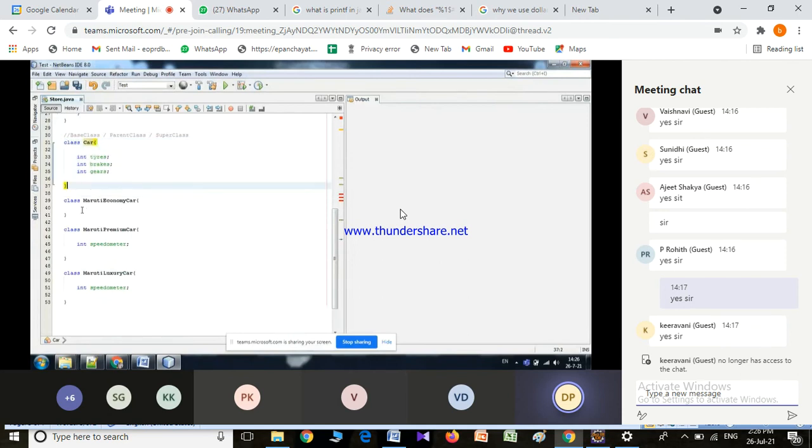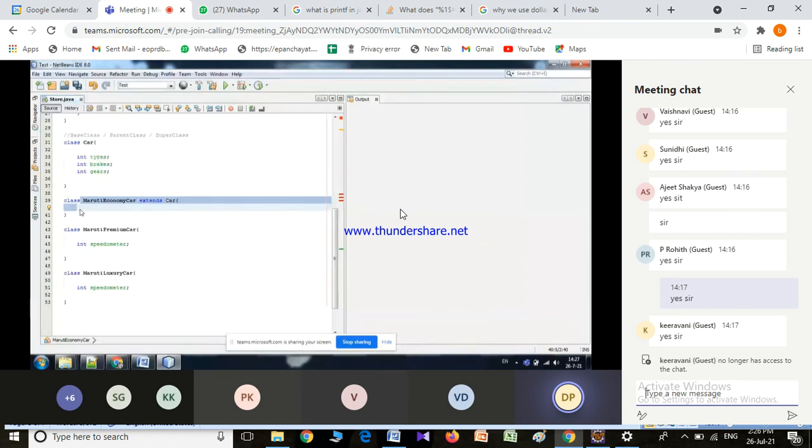Now Maruti car needs to inherit, that means we have to take the properties from the parent class. How can I take this? I can write extends. Extends means this class is an extension of car. This is a basic car on top of which we are creating a Maruti car.